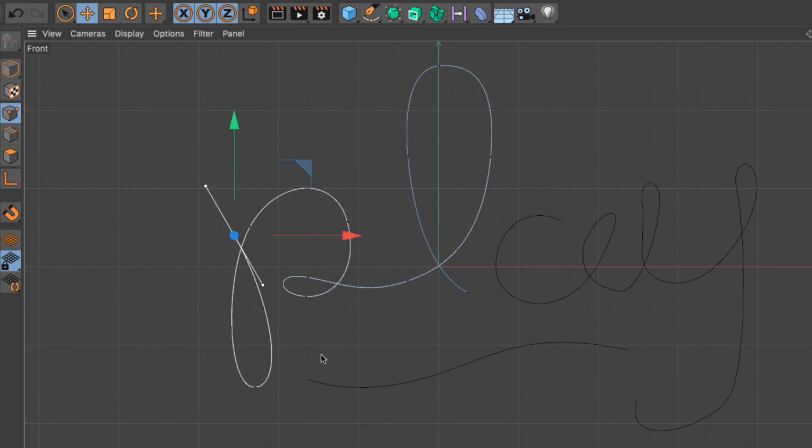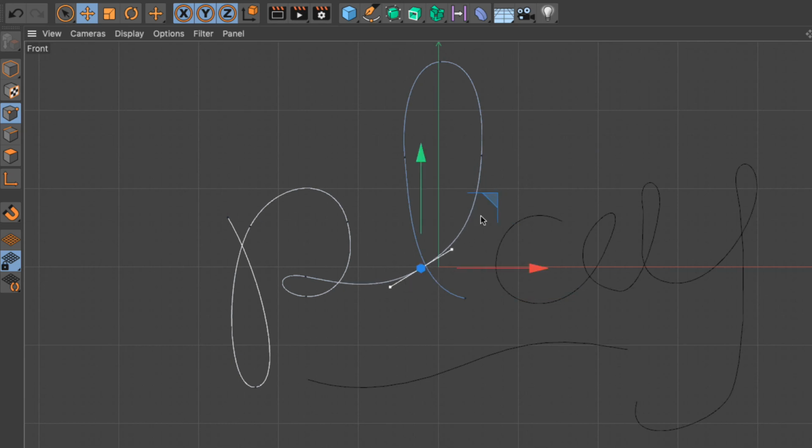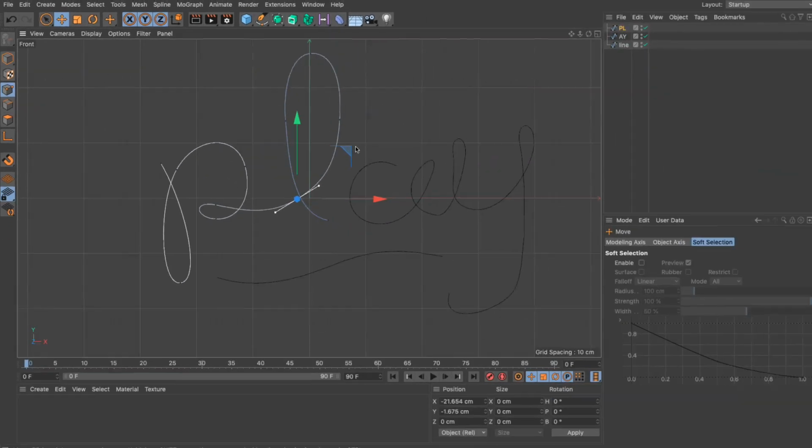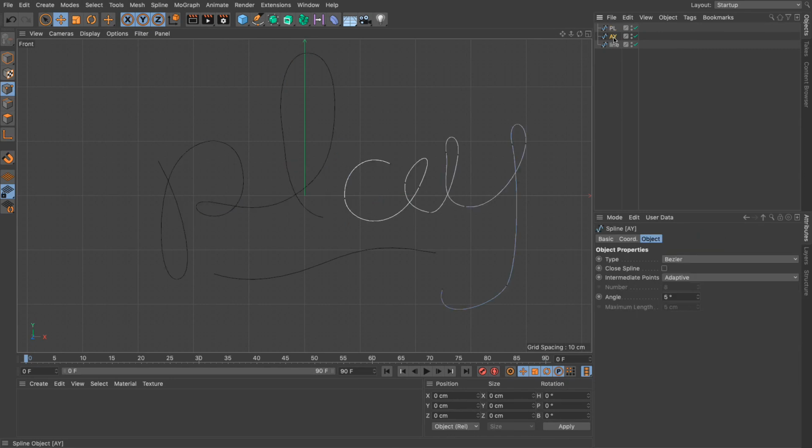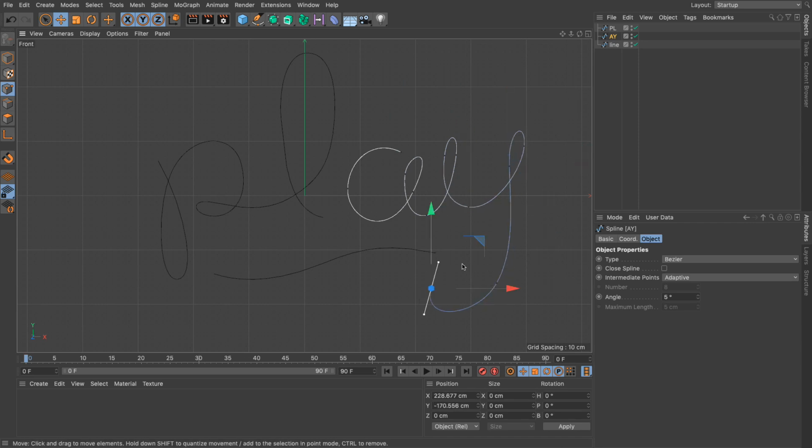And let me go and do this for a few points and just make this look a bit better. So don't forget, click and then click and drag and move it around and click and drag on these to adjust them. Whenever you're done with a particular spline, just go to the Object Manager, select the other one, and continue the same way. And I think I'm happy with the state of my splines at this moment. I can adjust it further if I wish later on.